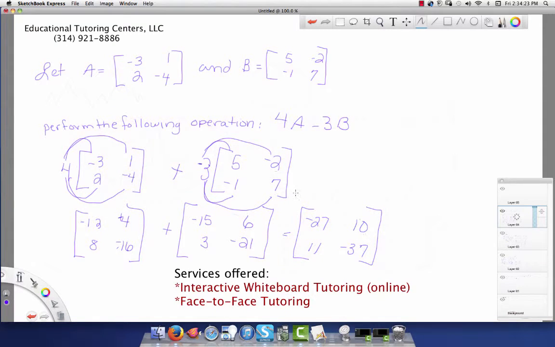So remember, you can change your subtraction to addition and then change the sign of your multiplier here. If you didn't have a multiplier there and it just said matrix 4A minus B, then you would just have been getting this answer matrix, and then this would have been a 5 here, and so you would have been doing